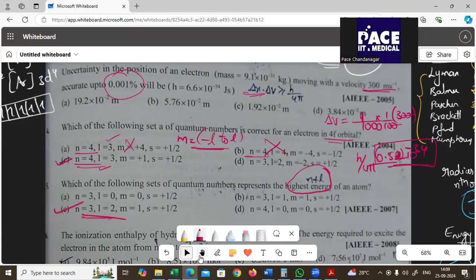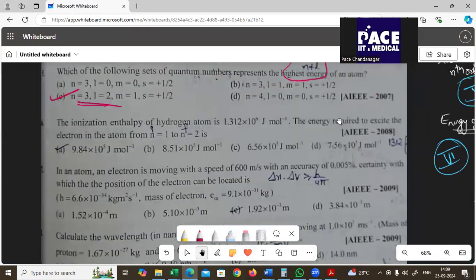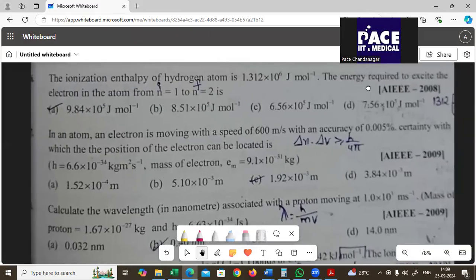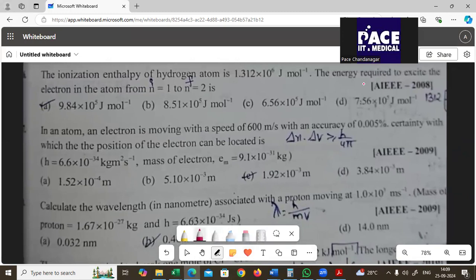Next, moving on. Ionization enthalpy is nothing but the energy required to remove an electron from the atom. The ionization enthalpy of hydrogen is given to you as this many joules per mole. And the energy required to excite the electron in the atom from n equals 1 to the fourth state is asked. So this is nothing but your ionization enthalpy, times